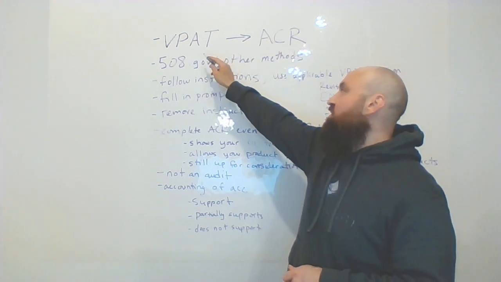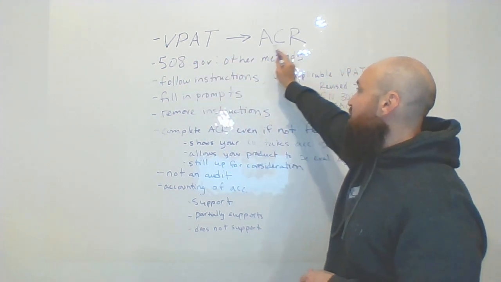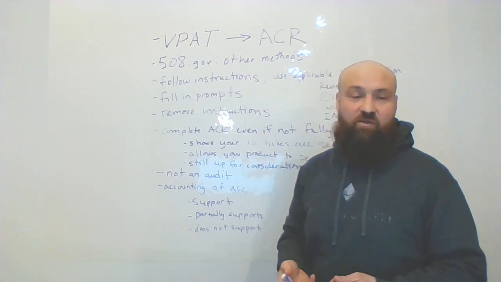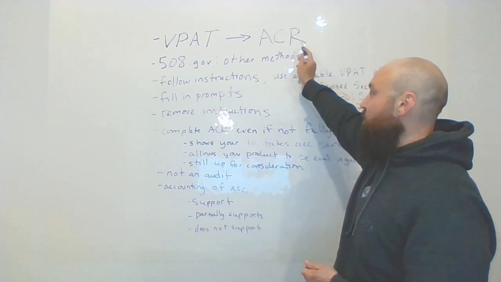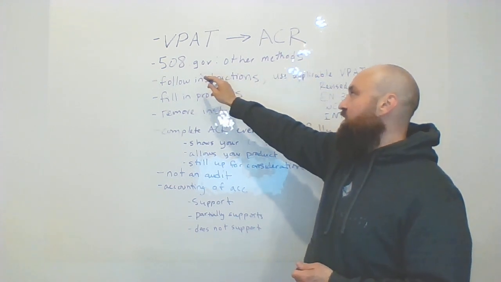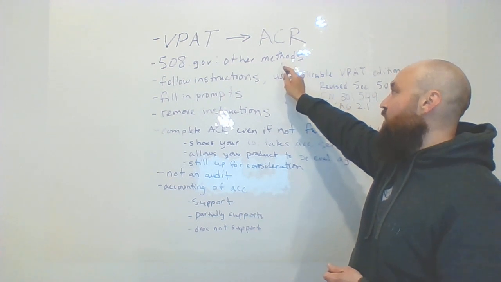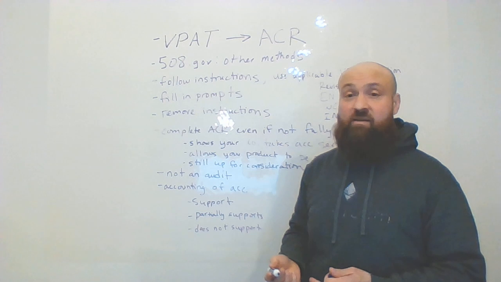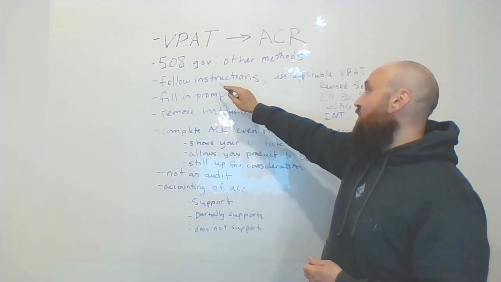And oftentimes in the marketplace, people say VPAT when they really mean ACR, because if they were asking you for a VPAT, they'd be asking you for a blank template, but what they really want is an Accessibility Conformance Report. Now, Section 508.gov says there are other methods to create an Accessibility Conformance Report. I don't know what they are, and they didn't list them on the website, not that I could see, so we'll skip down and we'll work from the VPAT